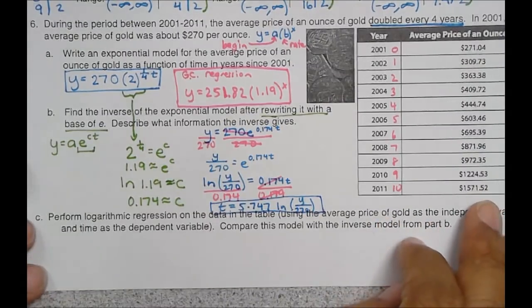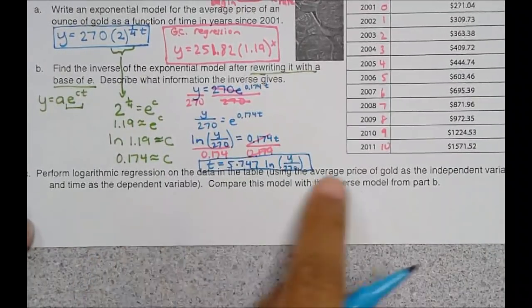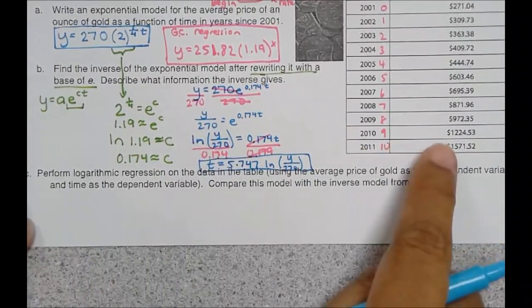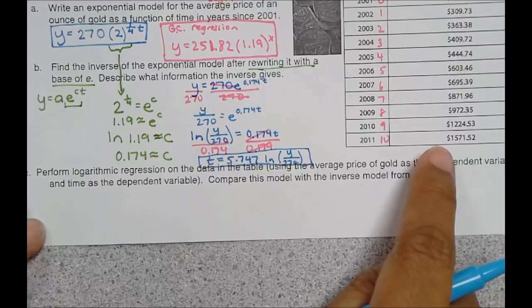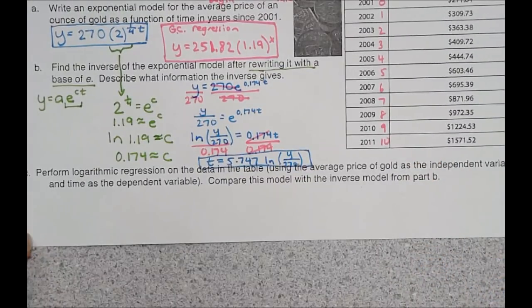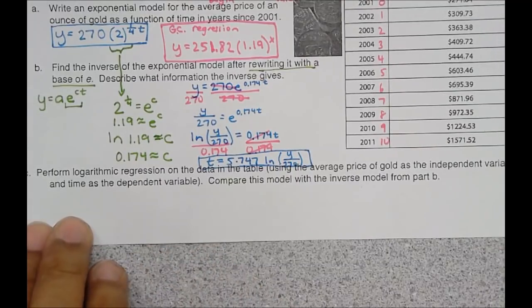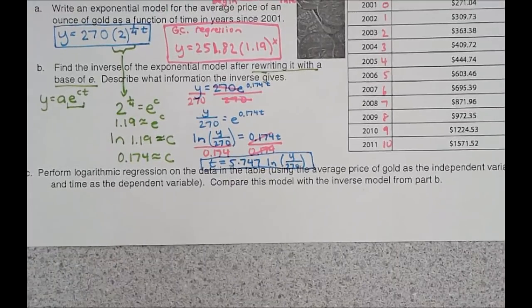All right, and then the last part is performing the logarithmic regression on this table. So this is actually exponential here, and this is a logarithmic here that we're looking at, and logarithmic is also found in the stat part of your calculator. So performing the logarithmic regression on this table of values, we are going to